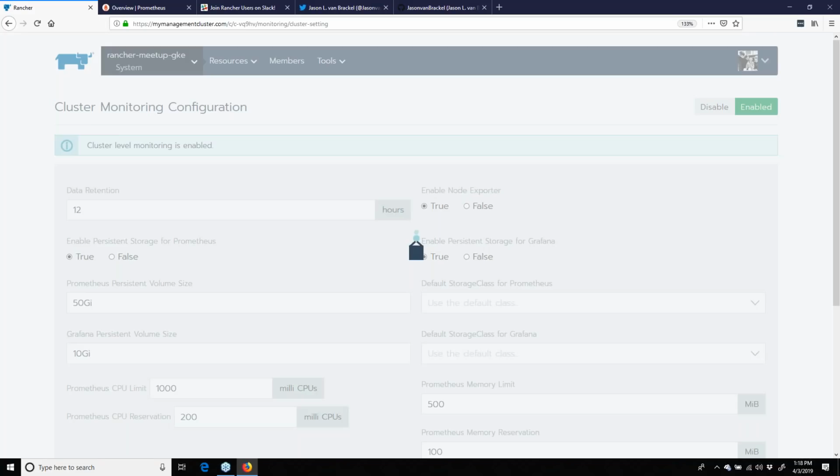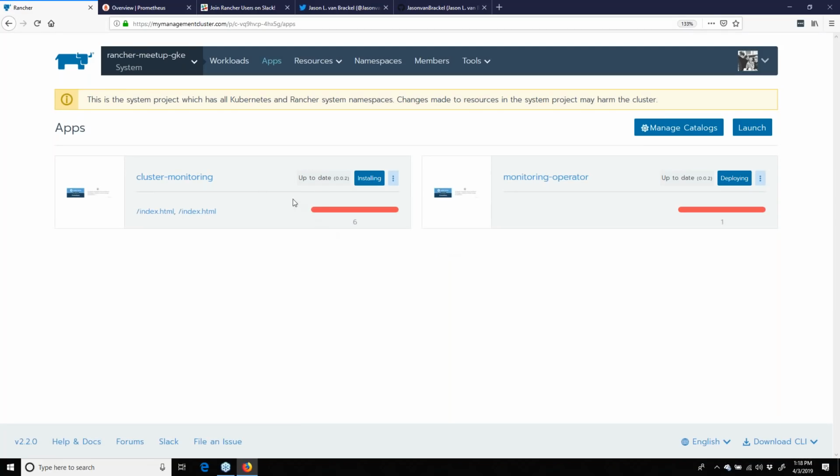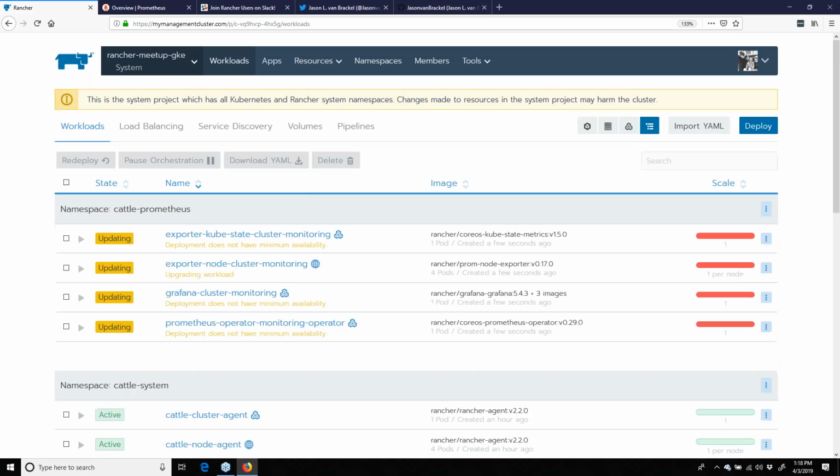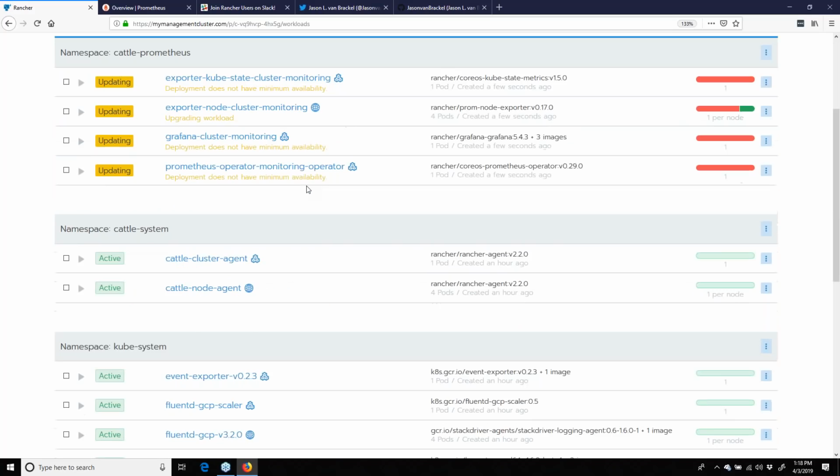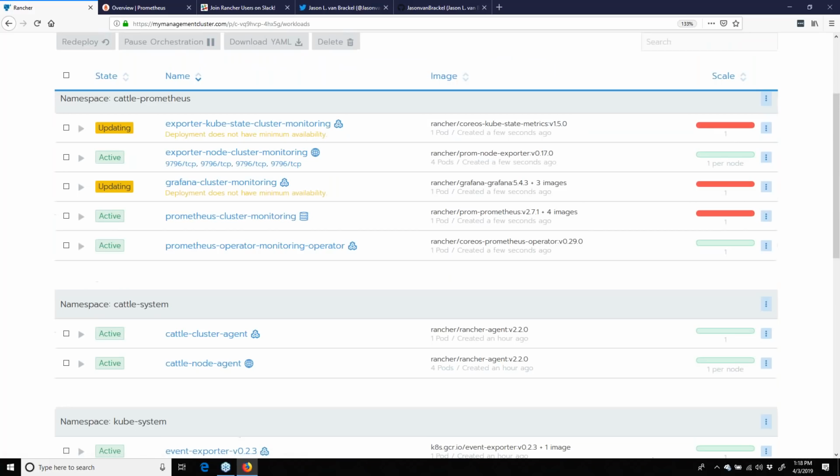And if we go into our system project and watch what's being created over here in the workloads, we can see the cluster monitoring components actually coming up. So generally, if you were to do this by hand, you would need each one of these various components configured accordingly with lots and lots of YAML to stand this up. But in here we have, as I said, another easy button for you to push to automatically enable monitoring